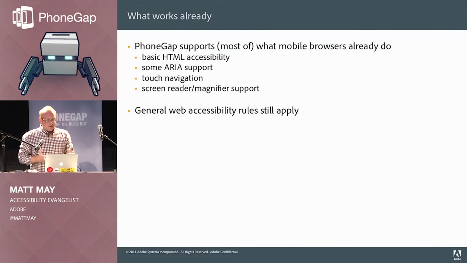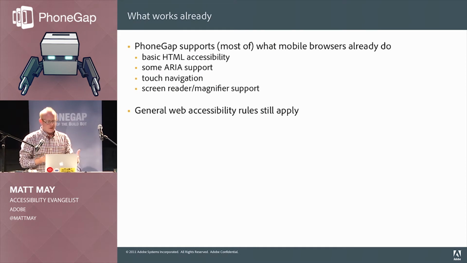Now, the way that this works is that, like I said, we're using the web view that each operating system supports, and in this version, we actually have a plugin that is now supporting iOS and Android, which means also we get some support for Fire OS as part of the deal. But all of these things, especially now that you've got Android Lollipop, where we're talking about the Chrome web view and things like that, we get a lot more of the expressivity that you can get in accessibility.